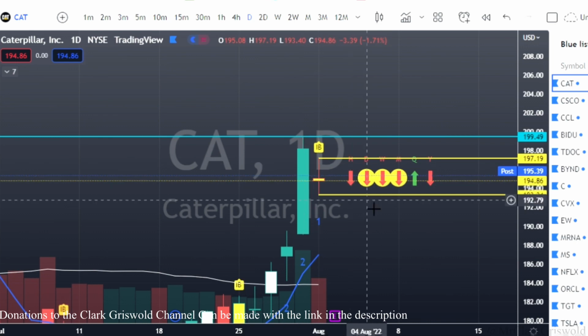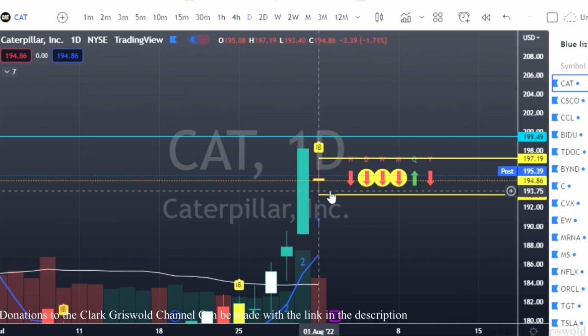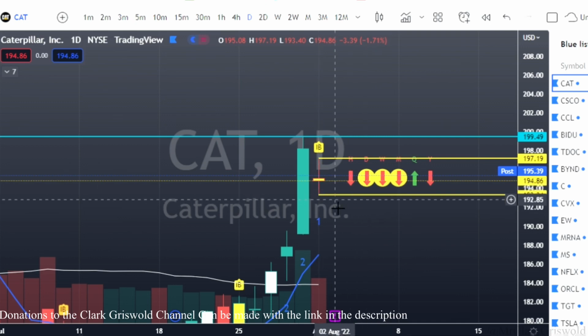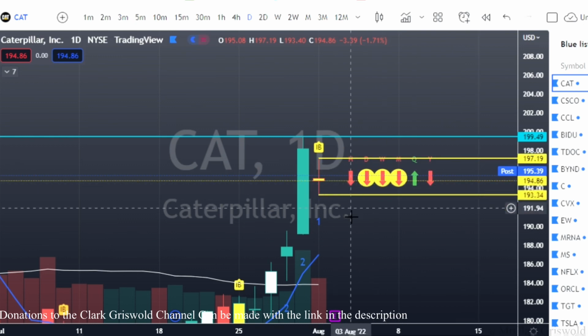Now, CAT's a little bit of a tough one because the spread between the bid and the ask is not always tight. And I like to see those spreads tight because I buy market orders, I sell market orders. I do not buy limit orders unless I'm looking at something longer term or buying into a 50% rule, where it's got a little bit more time. But these trades that I take tend to be really quick movers. So I like to get in, I like to get out. I use market orders. I like the spread between the bid and the ask to be tight. CAT doesn't have that. Maybe it does tomorrow.